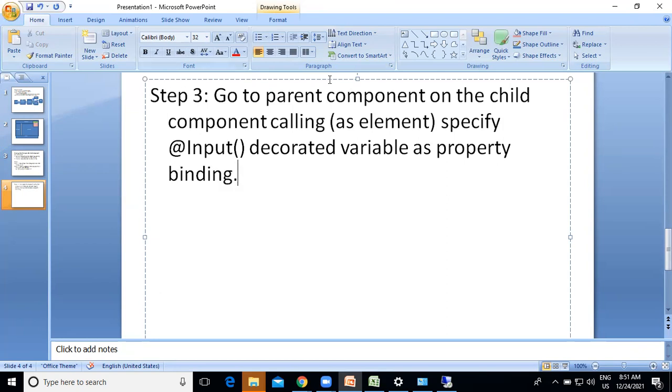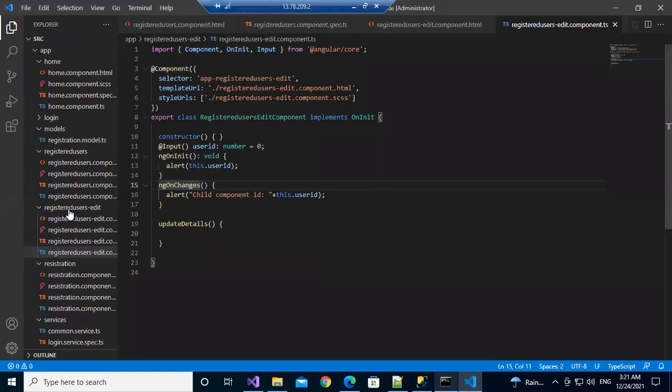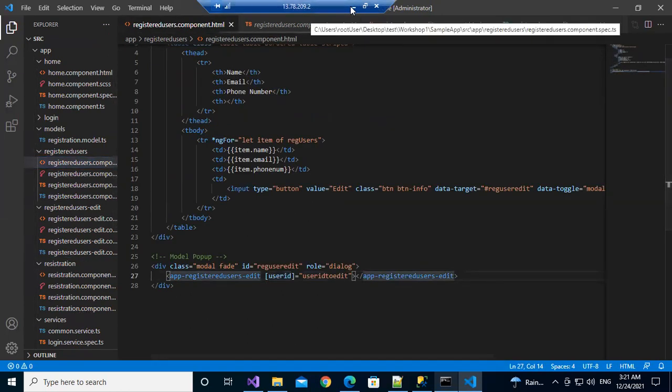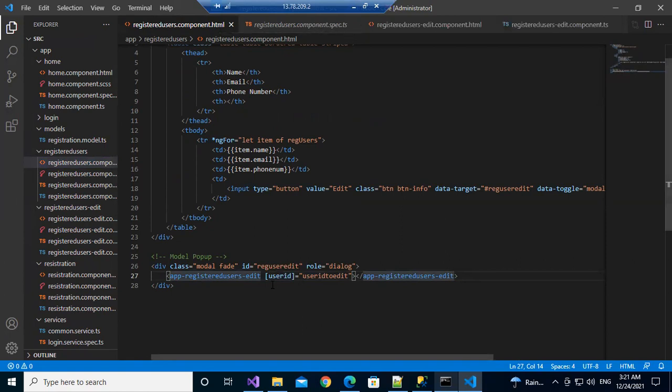So you created one @Input variable in the child component, and you specify that as a property binding. Sir, can I use id? Yes, you can use id.